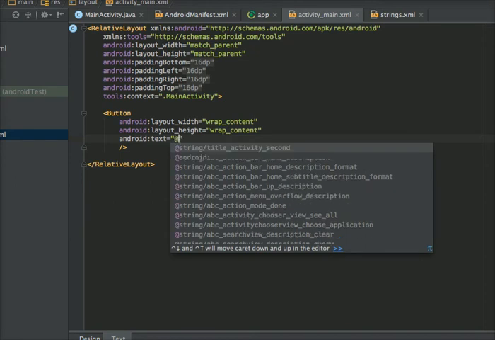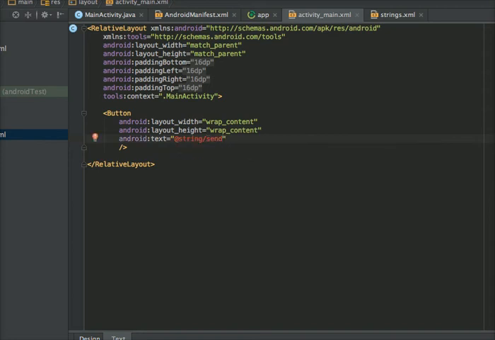Now the caption which is visible on the button, so I'm giving a caption send email.